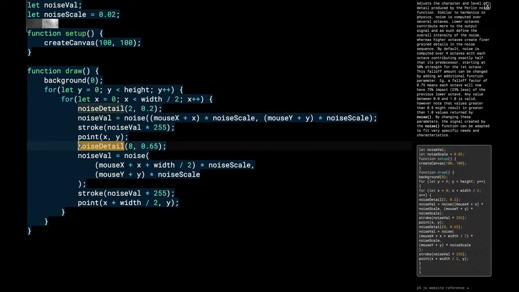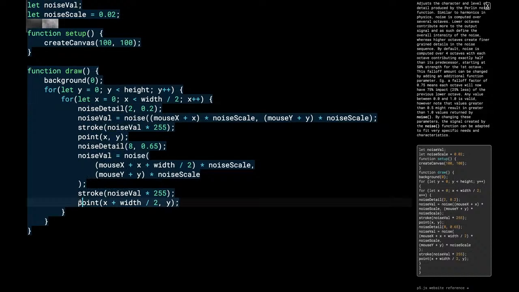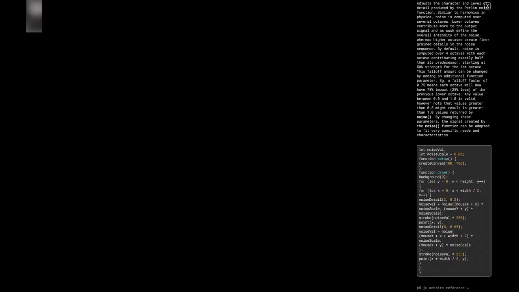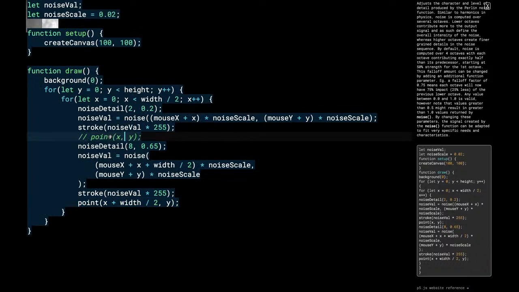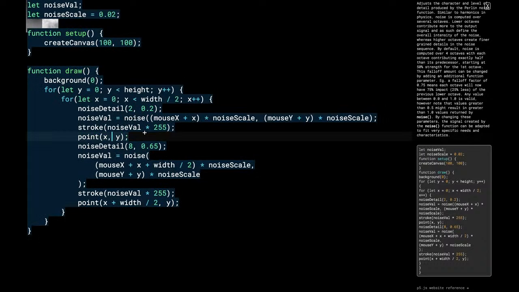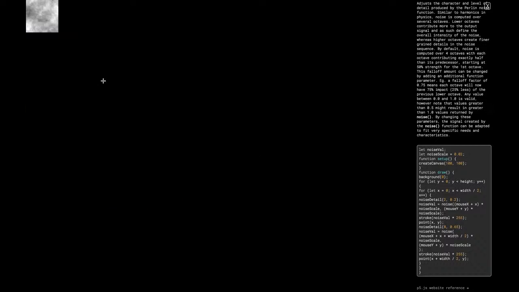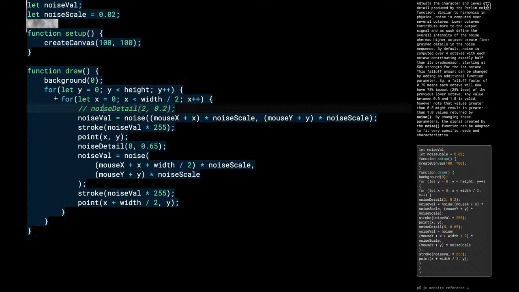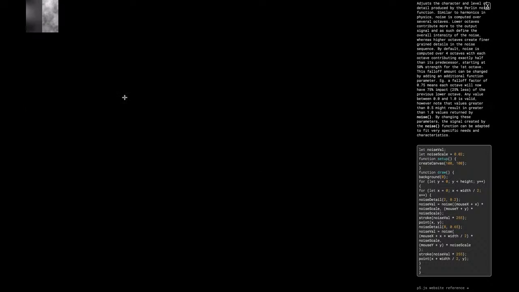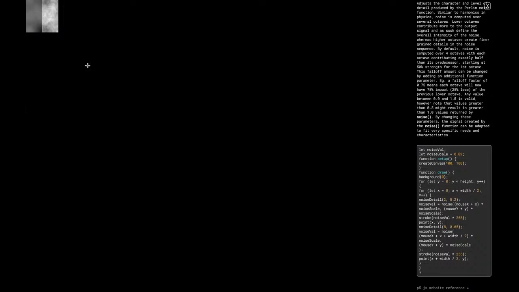What exactly is this noise detail doing? We have a noise value, which is clear. There are 2 different noise details. They're both producing points. If I turn off this point, that was the more detailed side. Turn it back on. If I turn off this one, that's the left side. This is really tiny. It's not so exciting to look at just yet. And this detail, if I turn it off, that's the default of a cloud. But it's interesting, if I turn that thing way down, then we kind of crunch the detail that's in there, obviously. If I put this back at 8,